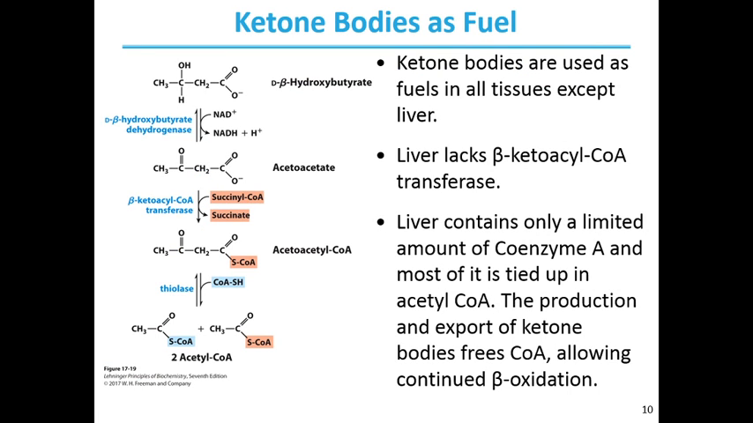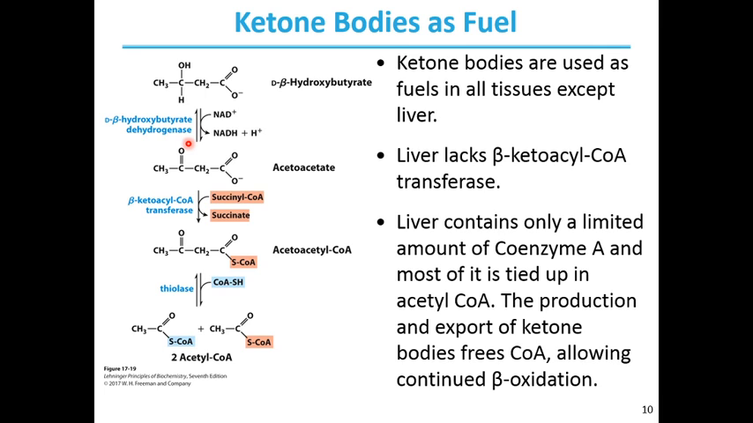Ketone bodies are used as fuels in all tissues except liver. The molecule D-beta hydroxybutyrate synthesized in the liver passes into the blood and thus to other tissues, where it is converted in three steps to acetyl-CoA. In the first step, D-beta hydroxybutyrate is oxidized to acetoacetate by the action of the enzyme D-beta hydroxybutyrate